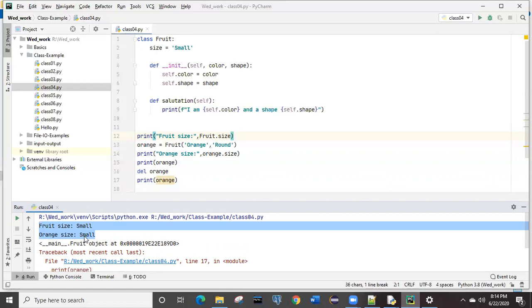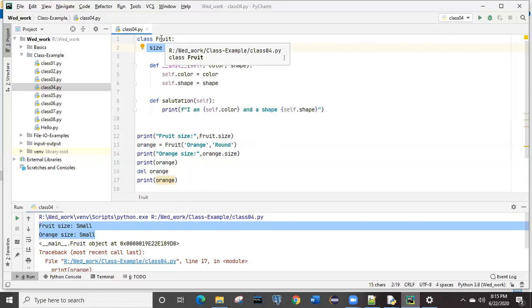So now we can see you are able to access any member of a class, like here multiple members are defined, size, small, big, something like that. So that property or member you can directly access through the class also or through the object also, right?